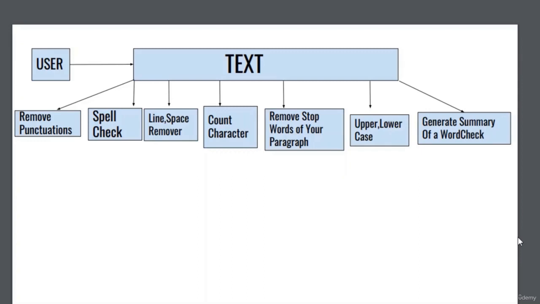Then let us see line and space removal. Here we are going to use the strip function to remove the extra spaces, and then we will use a loop to remove the new lines and concatenate them. Now let us see how we are going to count the characters. We will split each text using the split function and count the number of characters in it. And next is how we are going to remove the stop